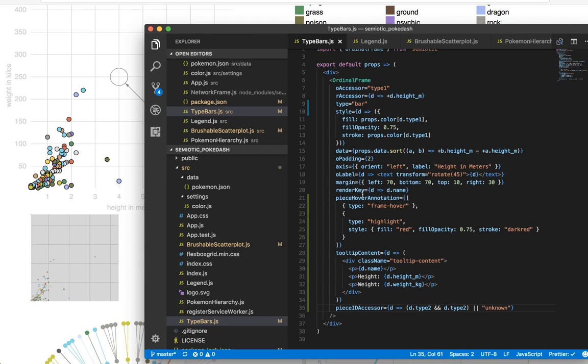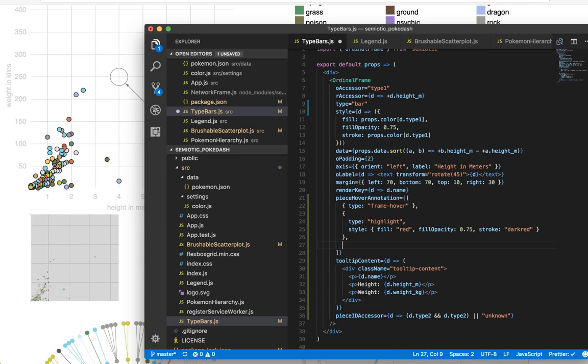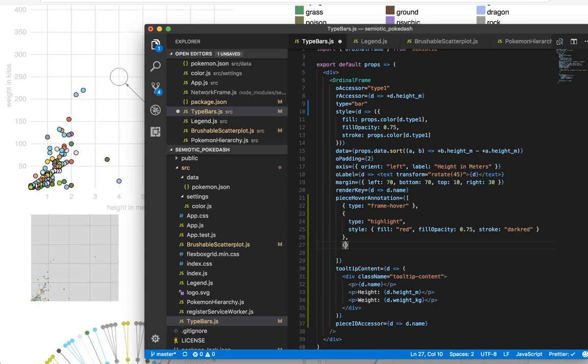So that's throwing it into the hover annotation, right? I make this piece hover annotation array and I throw a bunch of things in there, just like I was showing you before. And this piece ID accessor allows you to do things once you have it in place. We'll go back to d.name. Allows you to do things like send an